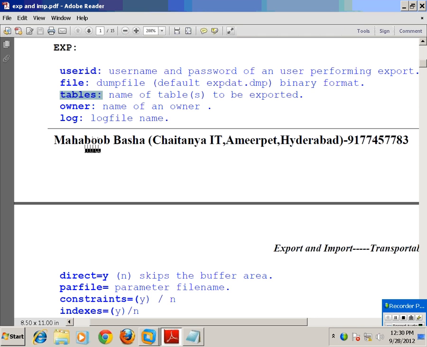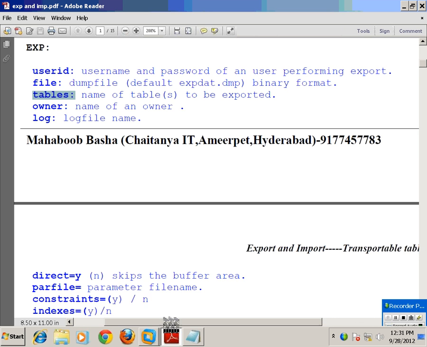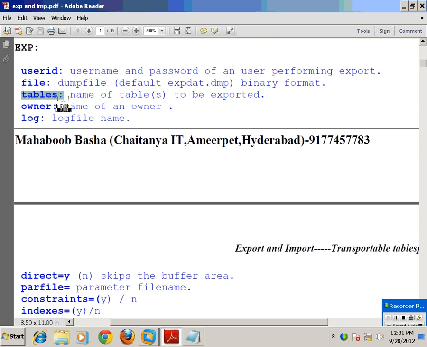Yesterday you wrote the description of that. Yesterday, no? So note the description. First, the USERID parameter: username and password. The user doing or performing the activity.